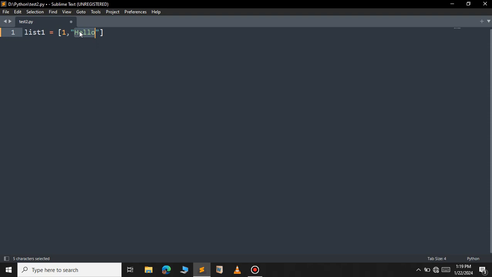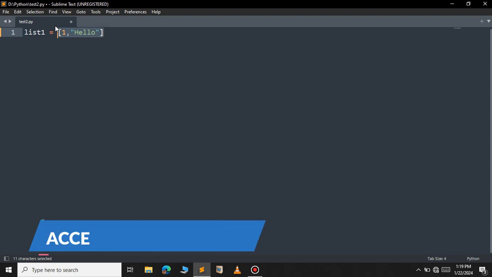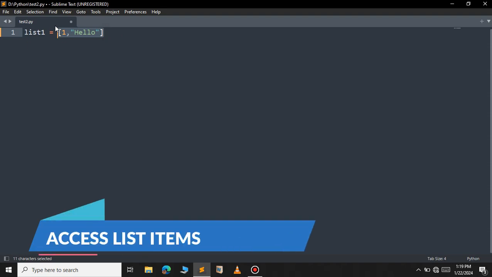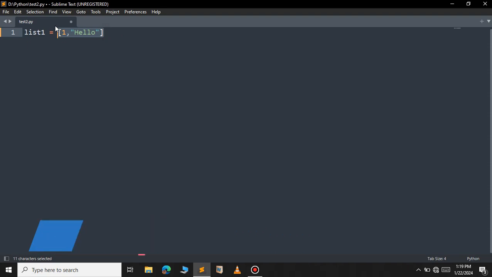Let us now see how to access list items. To access the individual elements in a list, we use the index number. An index number is a unique number that each element will possess. For example, 1 has an index number of 0. The index number for any container object will always start from 0, and hello has index number 1, and so on. For example, let's print our list,